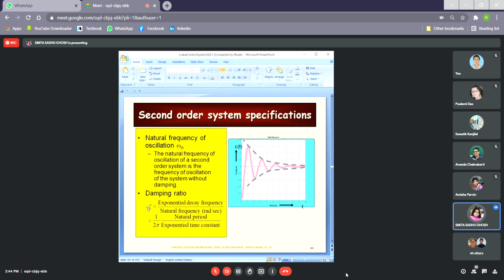So damping ratio is denoted as zeta, and it is the ratio of the exponential decay frequency to the natural frequency in radians per second. If I express it in terms of time, that is the period of oscillation, then it boils down to 1 by 2 pi into natural period by exponential time constant. Because the unit in the denominator is radians per second, this 2 pi comes over there. Now,